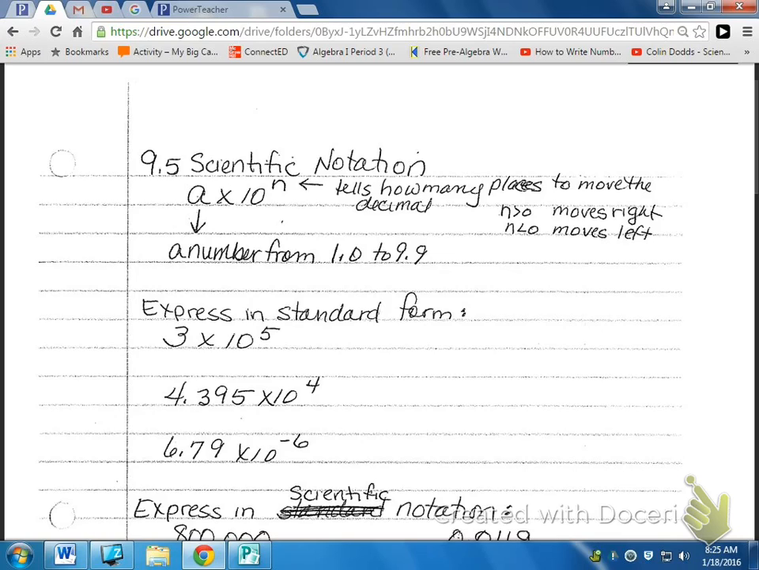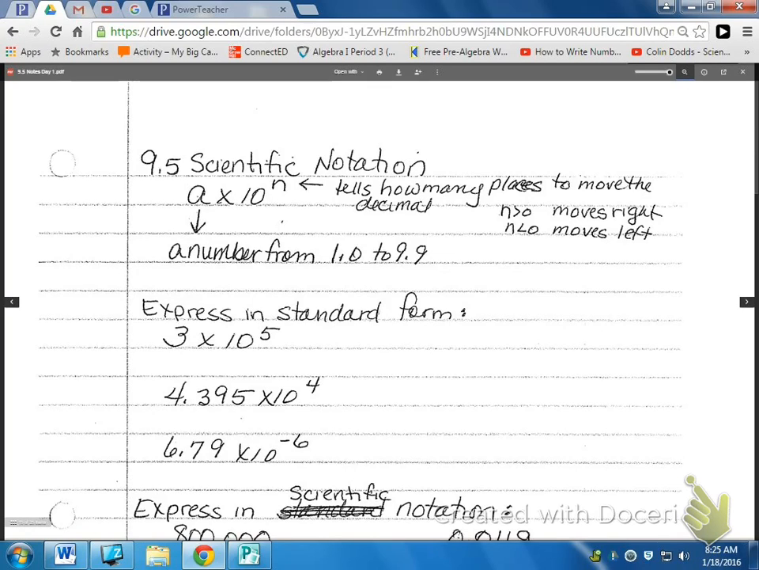N tells how many places to move the decimal. So if you need to take a number in scientific notation and write it out in standard form, that means like a regular number, that's probably the easiest part of scientific notation because this makes so much sense. If n is greater than 0, in other words, if n is positive, you move that decimal to the right that many places. If n is negative, you move that